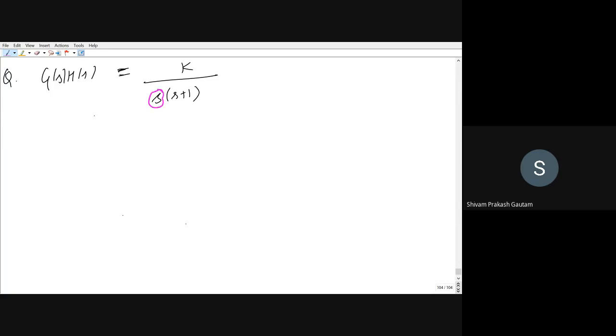Now the Nyquist contour for this problem will be slightly different, because what is the definition of Nyquist contour? It contains all the open loop poles on the right hand side. So how did the Nyquist contour look earlier? It looked like this, you can see. If you draw it like this, the Nyquist contour is also covering the origin part.